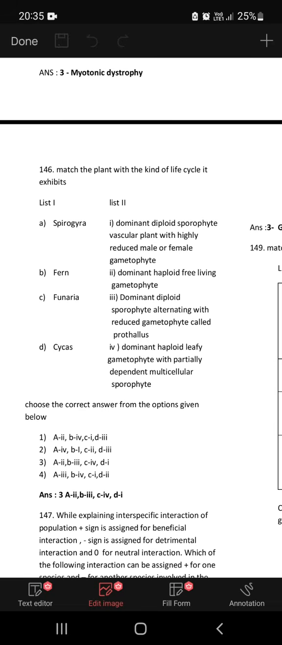Funaria has a dominant haploid leafy gametophyte with partially dependent multicellular sporophyte. Cycas is a dominant diploid sporophyte, a vascular plant with highly reduced male or female gametophyte, because the male gametophyte is reduced to a pollen grain and the female gametophyte is highly reduced. So dominant diploid sporophyte, vascular